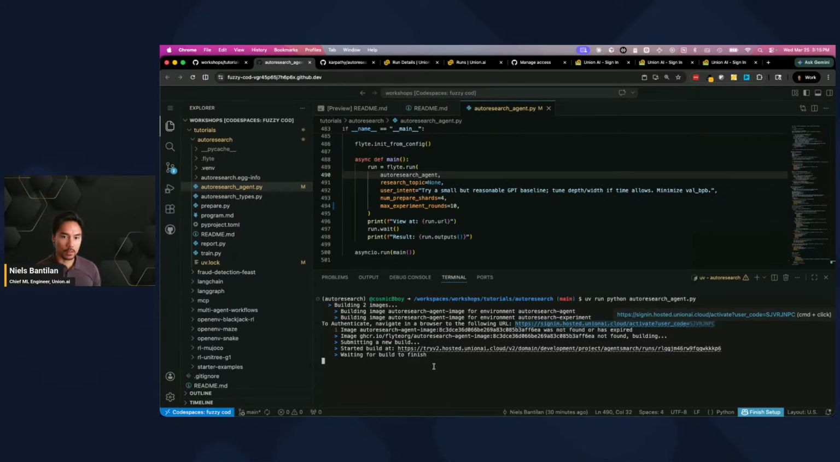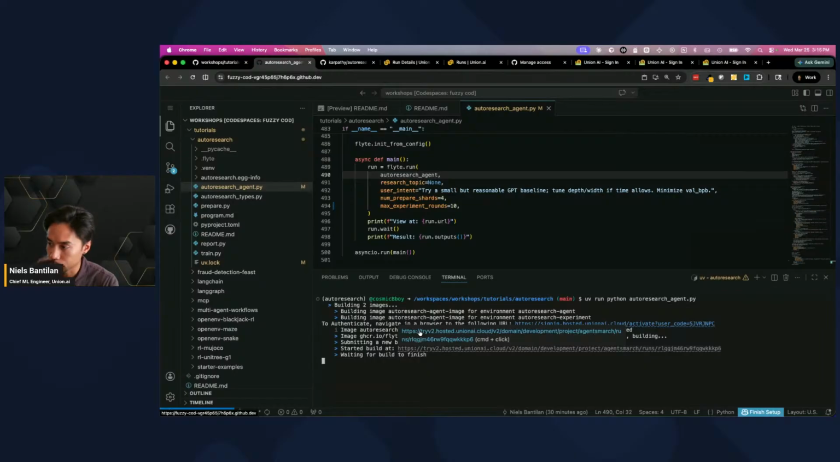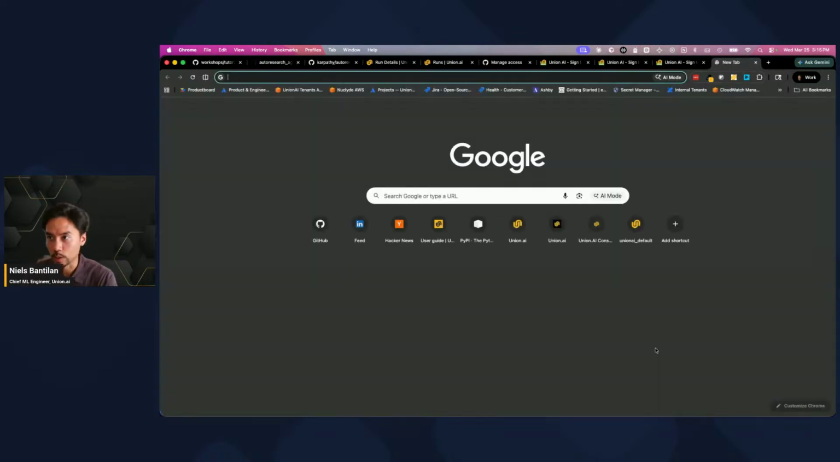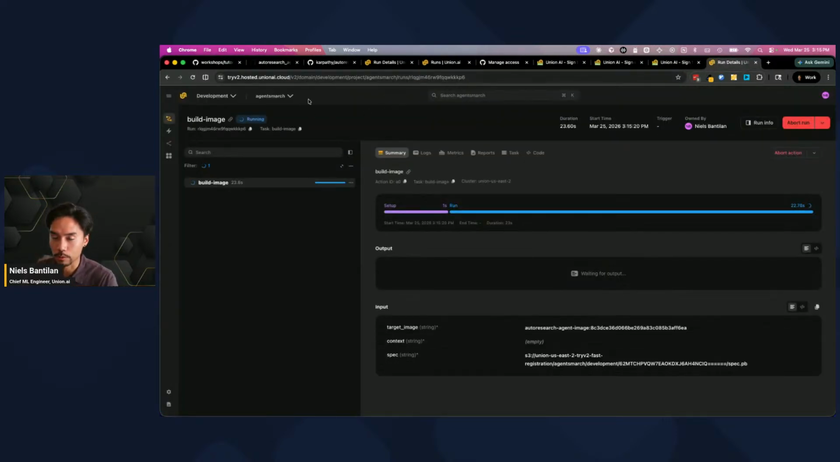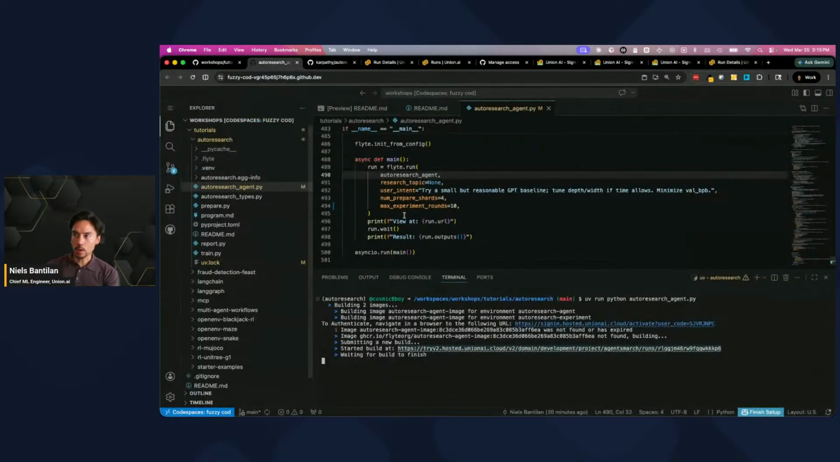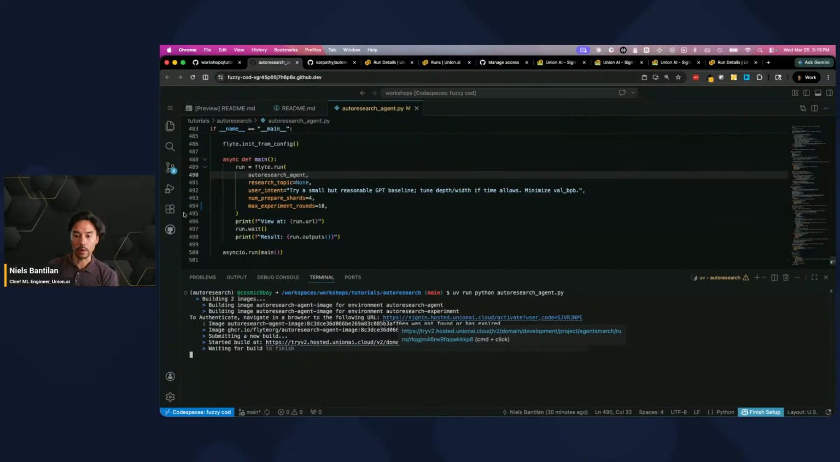So what's happening now is we're building an image that we're going to run this agent on. This is something that Flyte does on the remote builder. So this is the Union hosted remote builder. And just to clarify, Union is the commercial company that is supporting Flyte, which is an open source product. So while that builds, I think we can start dissecting what exactly is going on